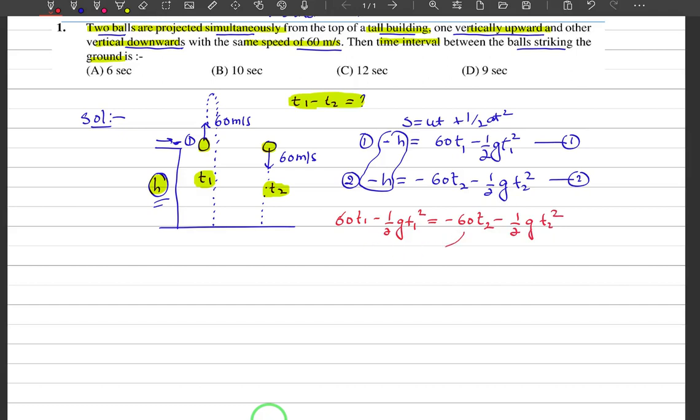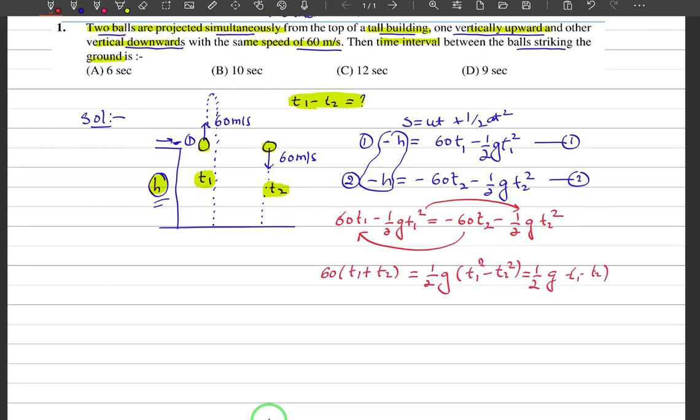Take this part on the left hand side and this on the right hand side, and taking 60 common, we get 60 (t1 plus t2) equals half g common, (t1 square minus t2 square), which can further be written as